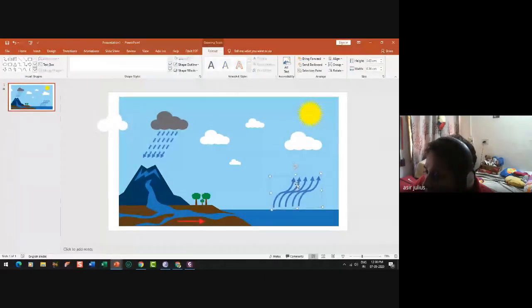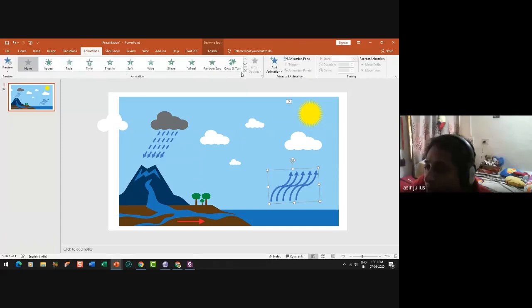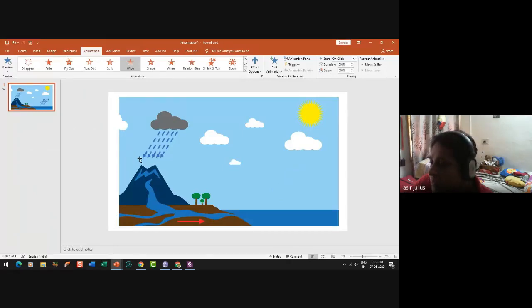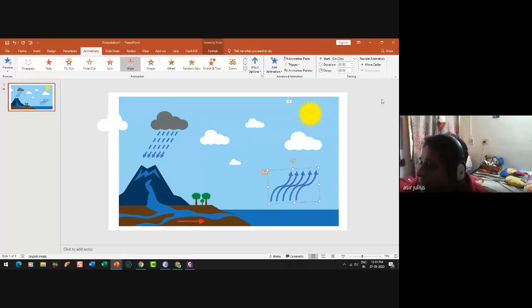Now I'm going to animate this particular evaporation. Now I know what to do. I'm going to look for exit, not entrance, exit. So I'm going to click animation. I'm going here for exit. This is fade, this is wipe. I'm going to take wipe. I feel that this would be relevant. Yes, exactly. First I'm going to change the trigger to with previous,